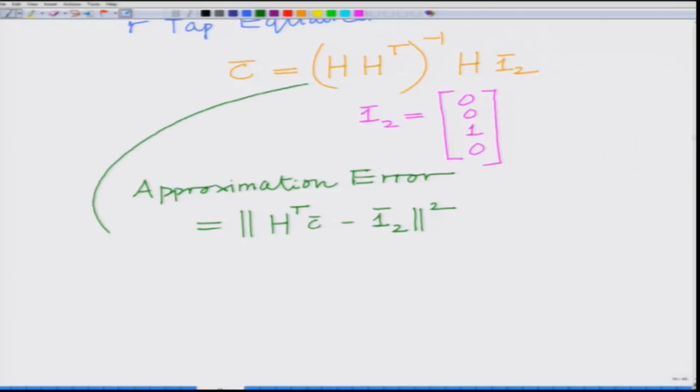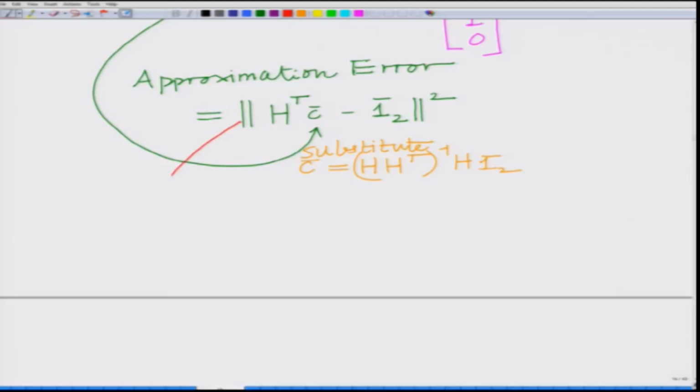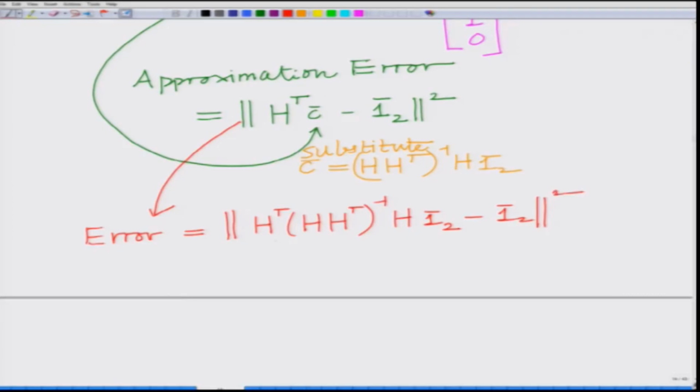So this expression for C bar we substitute here, C bar is in fact equals H transpose inverse H into 1 bar 2 over here, and what that gives us is basically the approximation error, that is the error, equals norm of H transpose transpose inverse H into 1 bar 2 minus 1 bar 2 whole square,